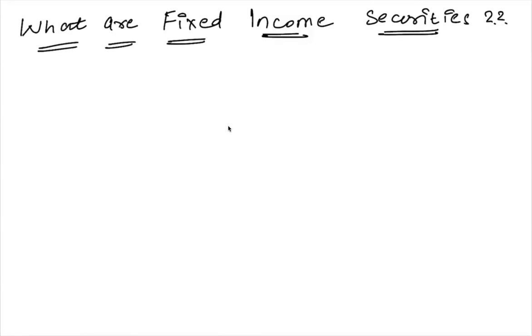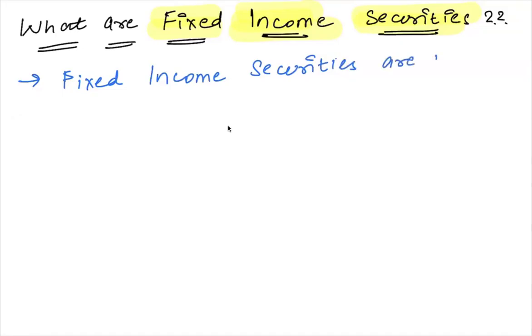Fixed income securities are nothing but investment instruments. Just focus on these words: fixed income. What does this word signify to you? It basically means there is some security which has a fixed income. So fixed income securities are nothing but investment securities